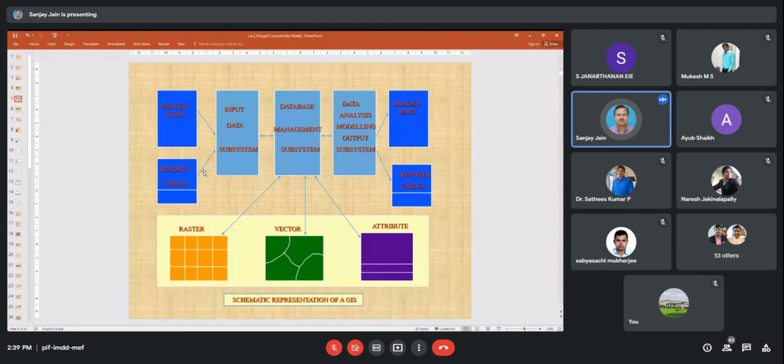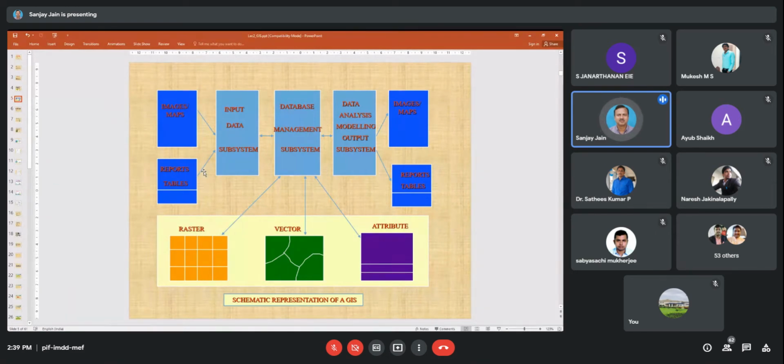Spatial is specific to any location. Like if I am talking in hydrology terms, then my rain gauge location is spatial data, point data. The rainfall in that particular rain gauge is non-spatial, or an attribute of that. So this is the capability of GIS, that it can handle both spatial and non-spatial. No other software can handle both at a time. Like CAD. CAD can handle designs. Okay, but here we can handle both spatial and non-spatial.